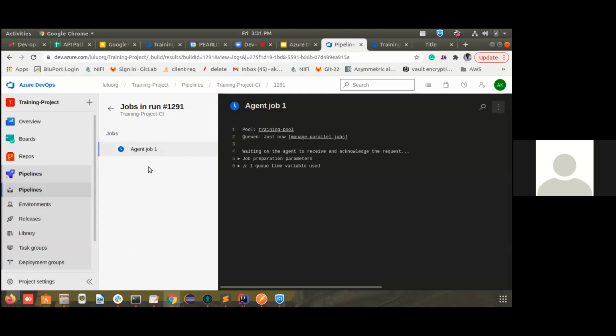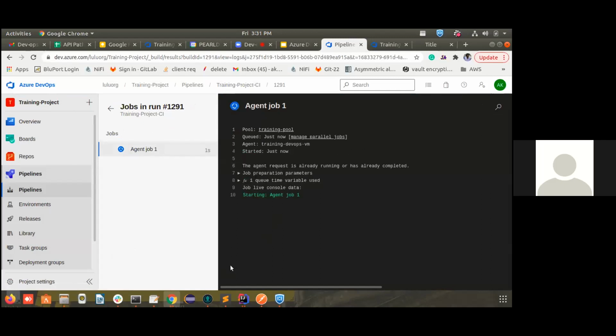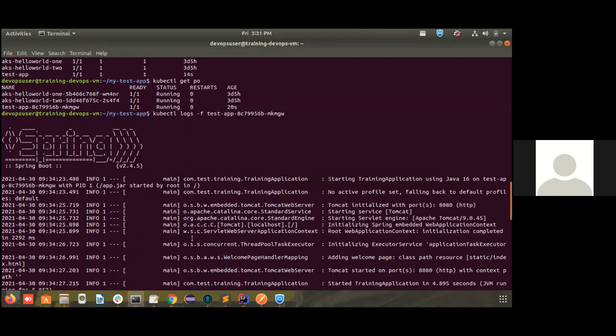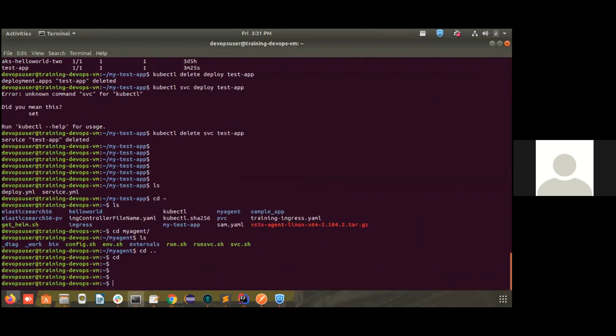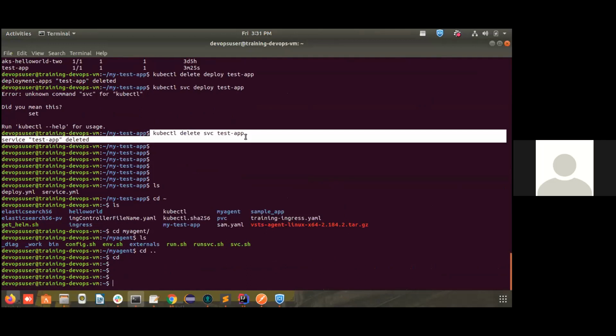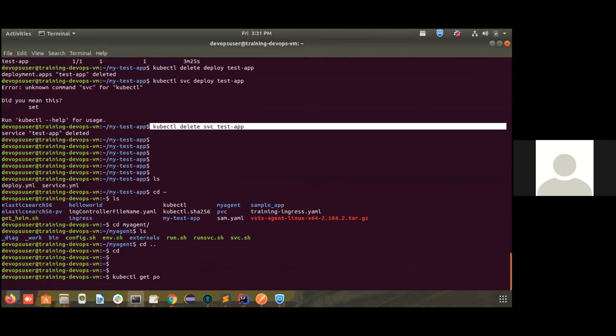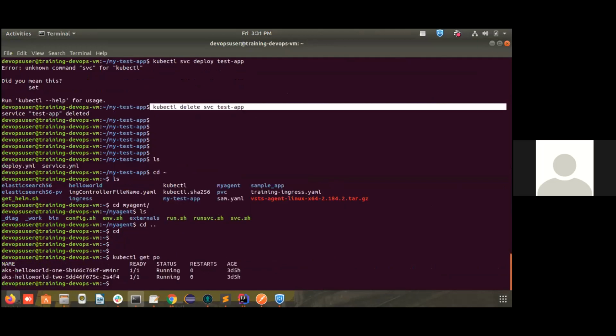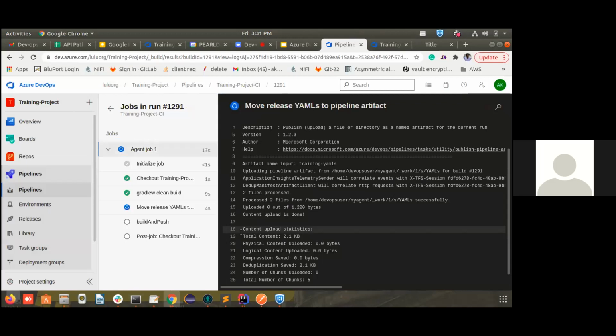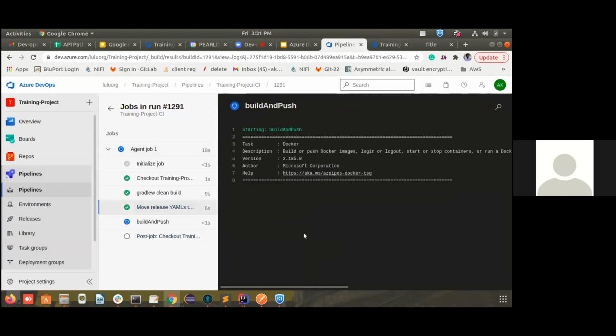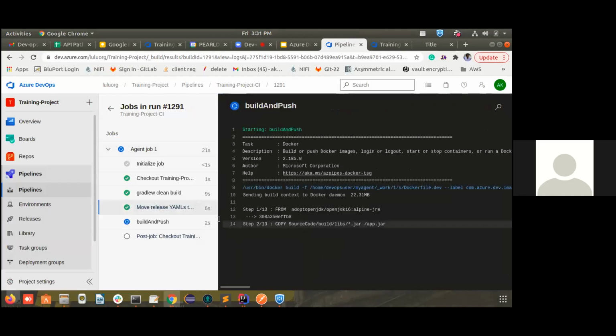So our agent is running that particular pipeline. Should we delete this pod? Did we delete? Yeah, we deleted everything now. So it should be auto created. kubectl get po. Right now there is no test application. Now the build is running. After that,